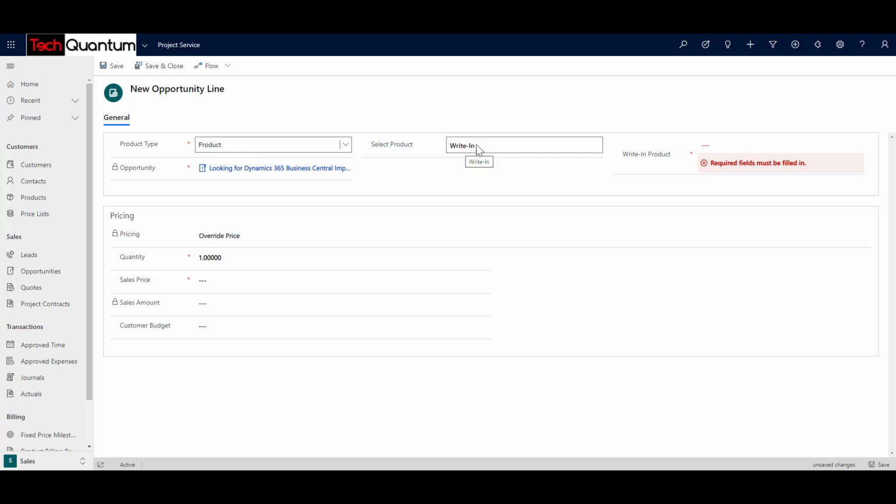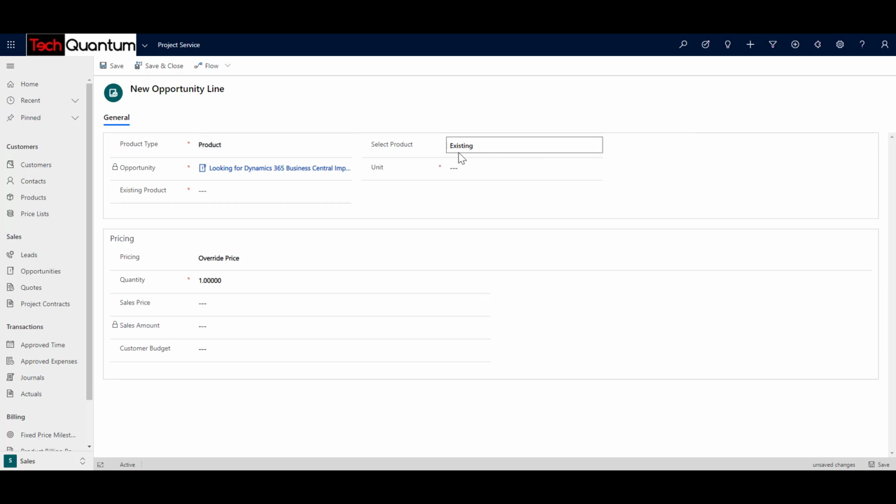And we can manually specify the products if we want, but in this case we want to select an existing product. Okay, so we choose an existing product, and remember that if this item is available in the price list which is attached to the opportunity, only then you can select this. So we are selecting Microsoft Dynamics Business Central, which we are proposing to the customer, and the primary unit is